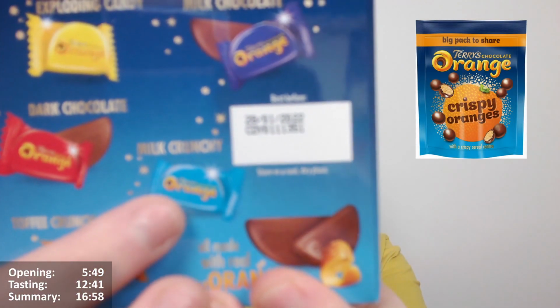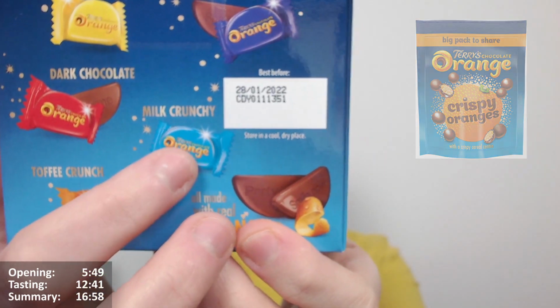They did do chocolate orange crunches, I think they were called. What were they called? Terry's crispy oranges they used to do as well, which was basically these ones in a weird sort of Malteser style form, where the middle was just the crunchy bits of rice pieces. I don't know if that was just them getting rid of the rice crispy pieces they had left over into that product,